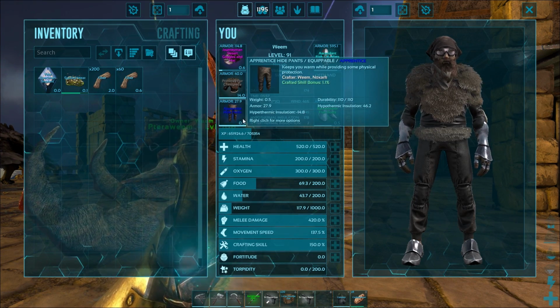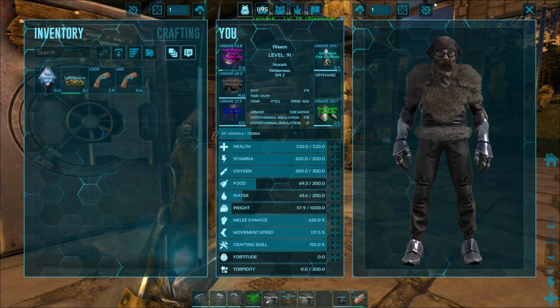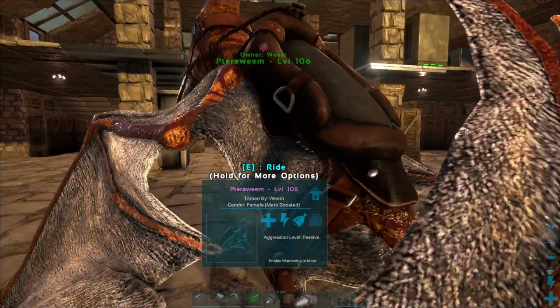Obviously you can't repair everything in your inventory. Some of the stuff has to be done out of the station, but that's why you have the icons over on the right as well. So if you're in a station inventory. So pretty cool stuff. Okay, I think what I'm going to do is we're going to hop on Terraween,